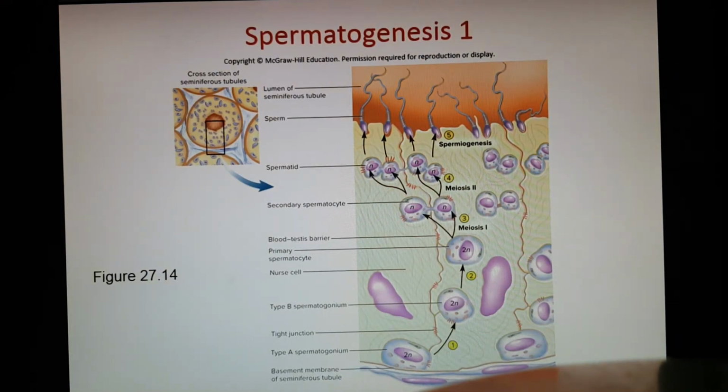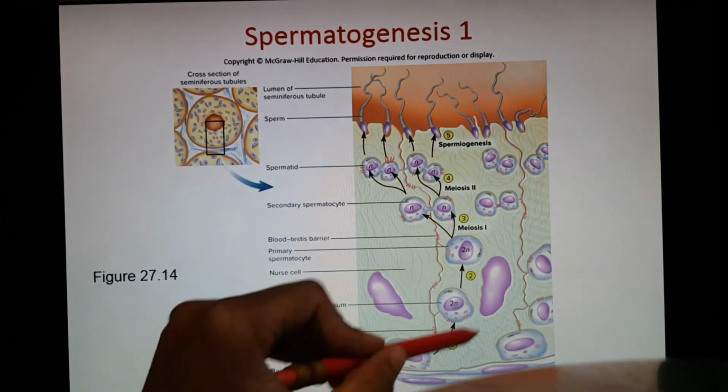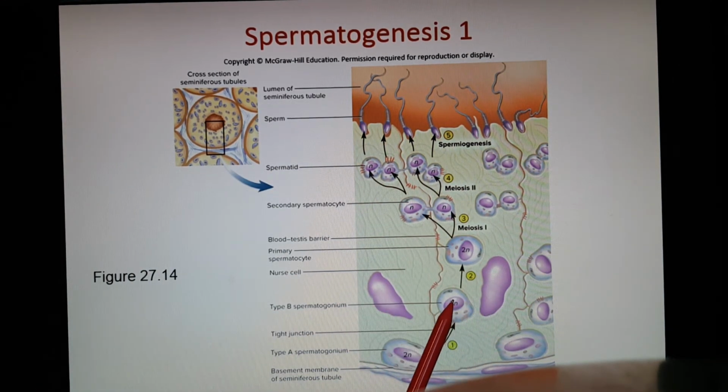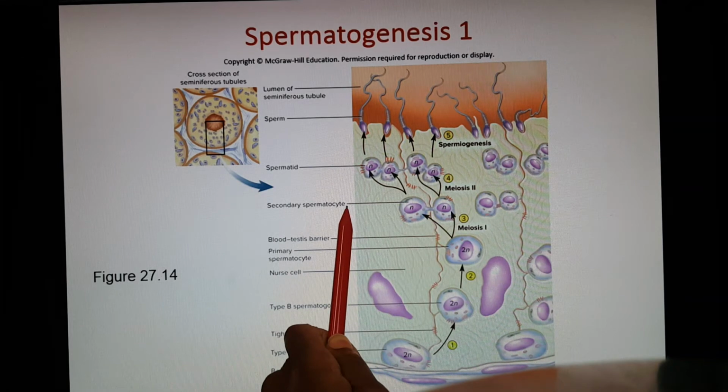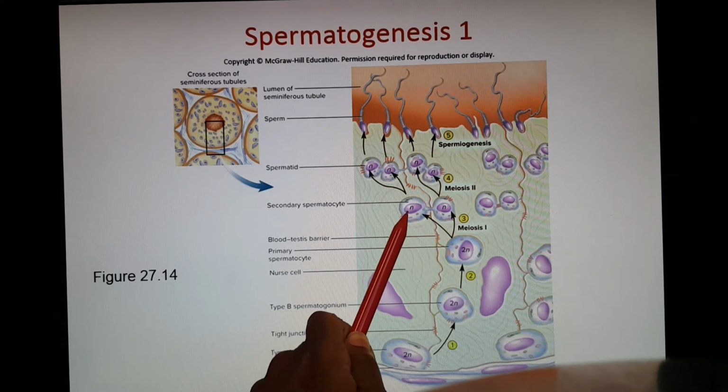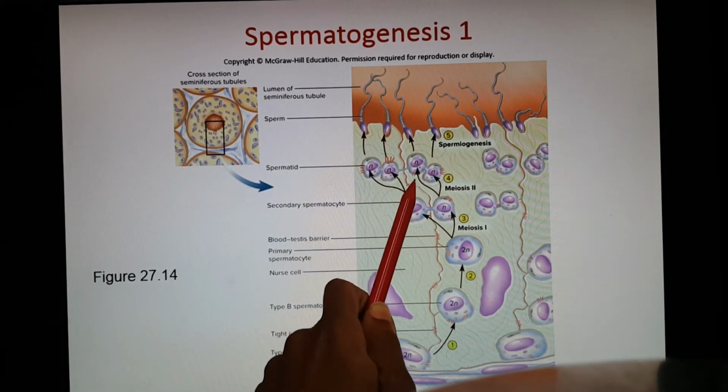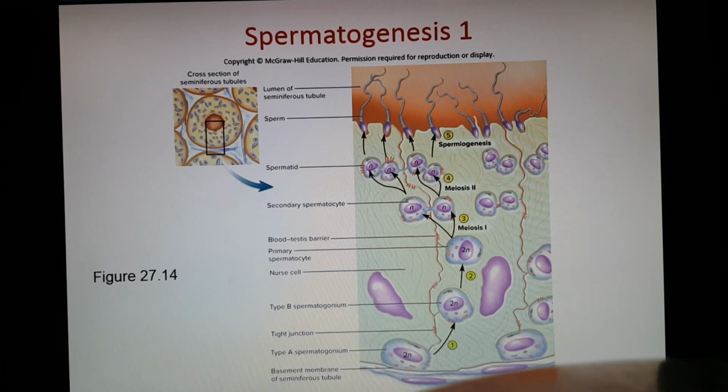Okay, so focusing just on sperm development, down here we have our spermatogonium, which are our parent cells. So here the 2N designation being a diploid cell. So of these spermatogonium, the type B is the one that will eventually become sperm. So our type B spermatogonium will go through meiosis 1 to split into a secondary spermatocyte. Then this secondary spermatocyte will then split again through meiosis 2 to form your